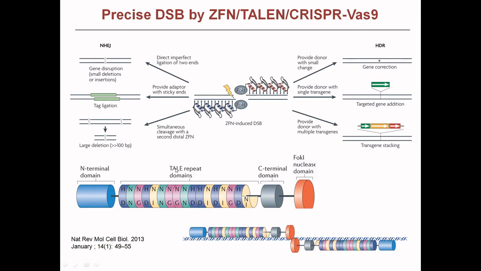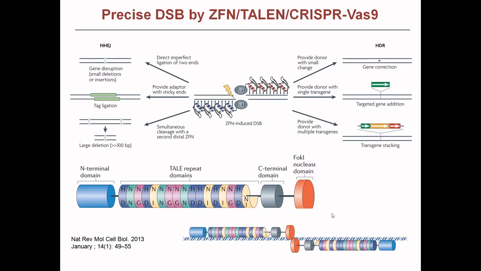Similarly, this is the transcription activator like effector nuclease, the tail end. You can see this is from the N terminal domain to the C terminus, and at the C terminus, this is the half repeat, it is not the full repeat, and this is the same FOK1 nuclease. So like the zinc finger, it is also arranged. This is the targeted cleavage site, and they are arranged one on the sense and one on the antisense. This zinc finger as well as this TALEN identify the targets and the cleavage is present in between them.